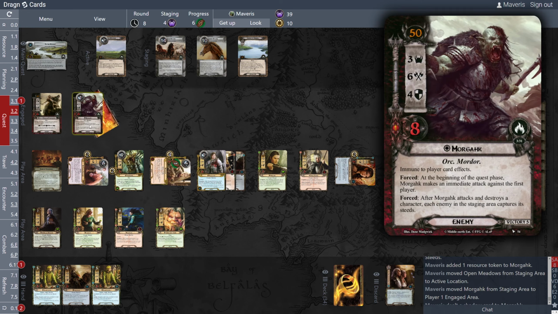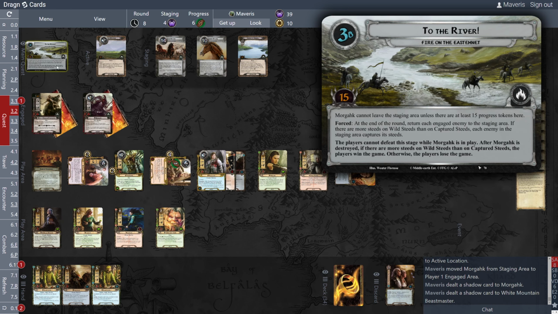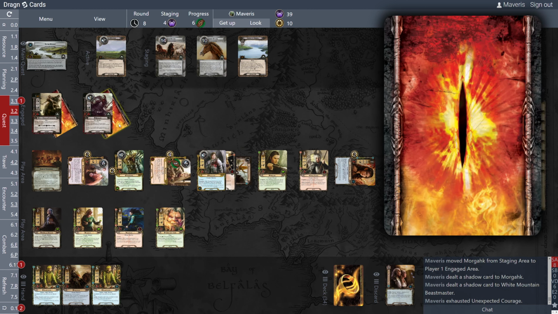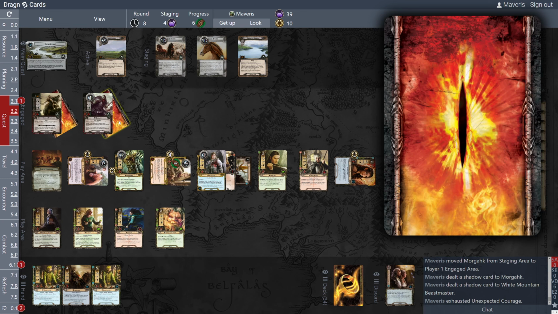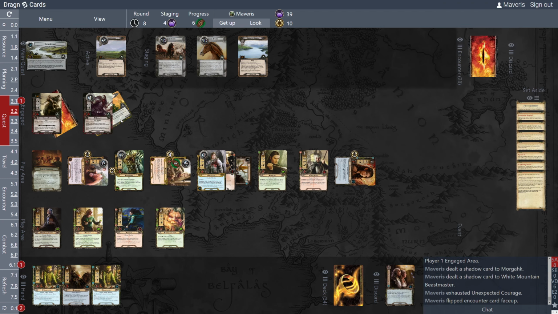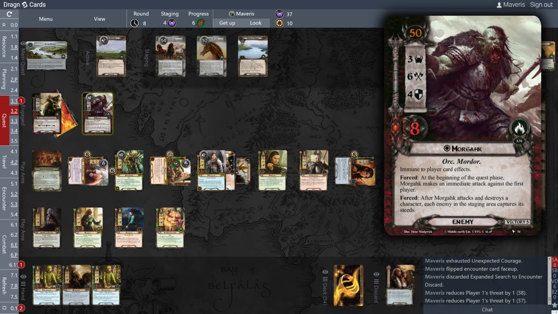And he's going to attack Beregond. Beregond has the benefit of Arwen shield, so he's at 7. No effect from the shadow cards, so no damage. I should lower threat by 1 for Frodo and lower threat by 1 for Beregond. And then we have